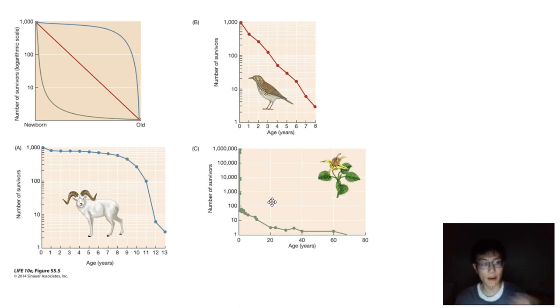So really that's all I have for survivorship curves. It's a pretty straightforward topic. I think most students just kind of struggle in terms of associating a given example to whatever survivorship is going to be the answer to it. And so that's something that might appear on the exam, and it's just something that you kind of have to condition yourself. First of all, just memorize the survivorship curves, and then maybe think about different examples that might be associated with each one. So ultimately, I hope you found this video